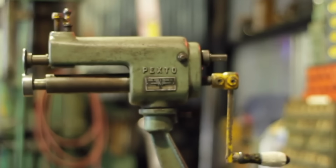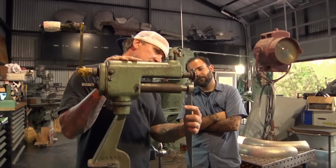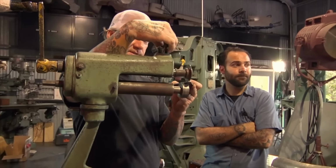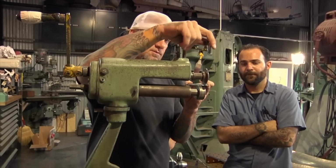If you invest in good quality tools, they will last forever, if you take care of them and maintain them right, like my beading tools and stuff that I've had since I worked at Boyd's. Start with this as close as you can get it so it'll still fold, about the thickness of the piece of material. Put it in there, get it to touch, and count. Because we're doing 2 pieces, you want both to be the same step. So 1,